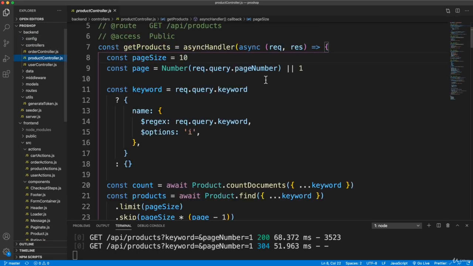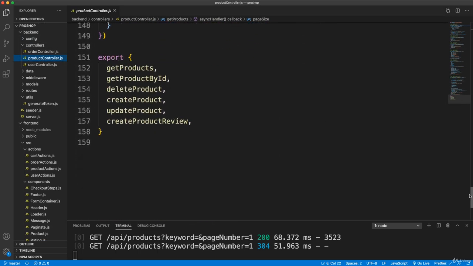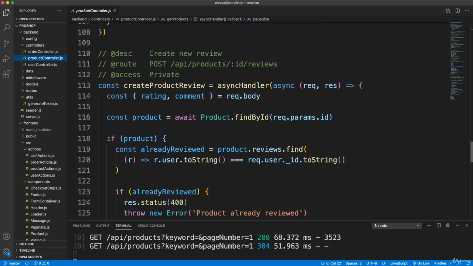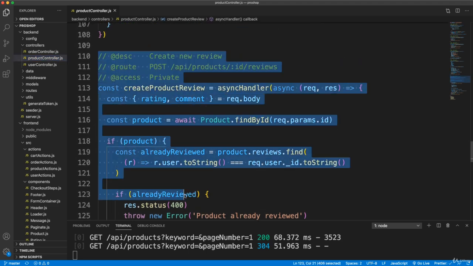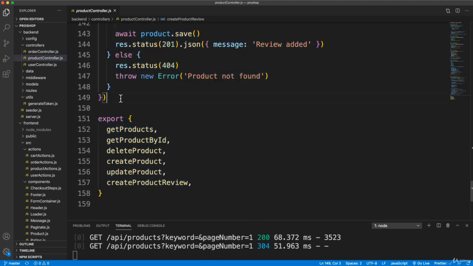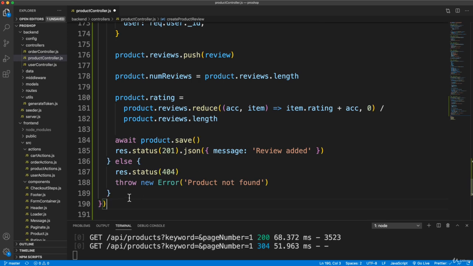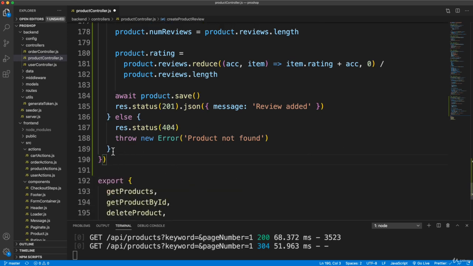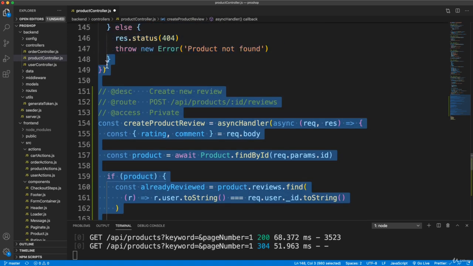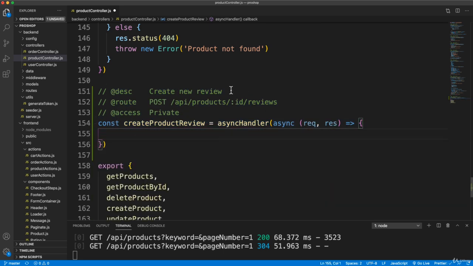So in our product controller, let's go all the way down to the bottom here and let's create or copy whatever the last one here is. Let's just create new review and let's paste that in. And this is actually going to be very, very simple, so I'm going to just get rid of everything that's in the body here. And for the description, we'll say get top rated products. And the route here, it's going to be a get request to get API products